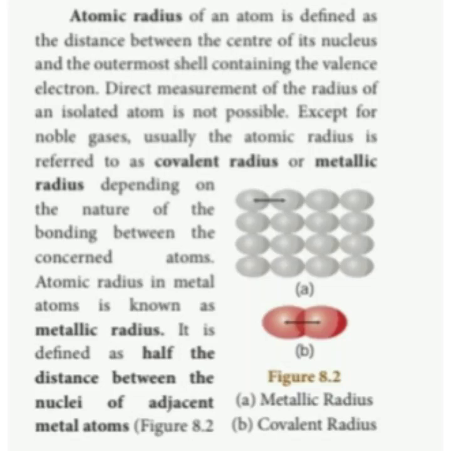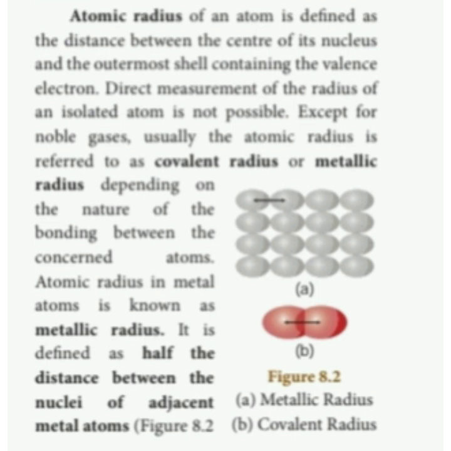Morning students. Today we are going to see the continuation of the second chapter, periodic classification of elements. In the last video we saw the features of periods, features of groups and the modern periodic table. Today we are going to see the periodicity, that is periodic properties like atomic radius, ionic radius, ionization energy, electronegativity, electron affinity. So periodicity means anything which repeats itself after a regular interval is called periodicity.